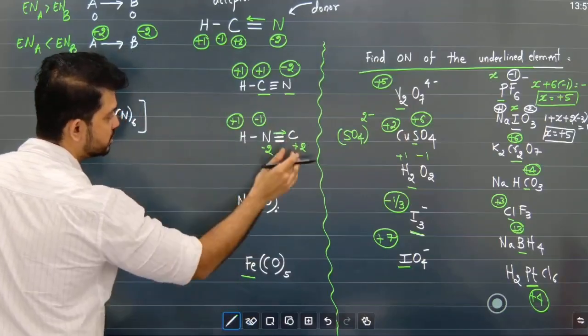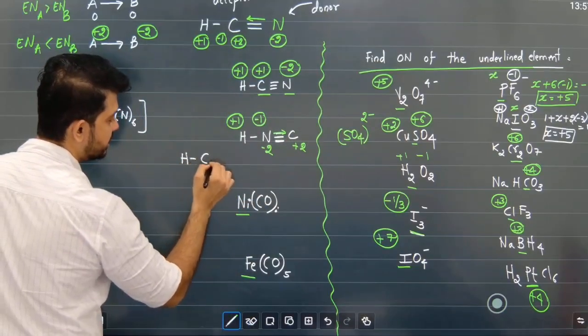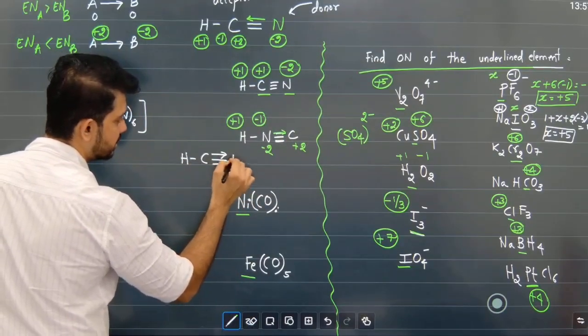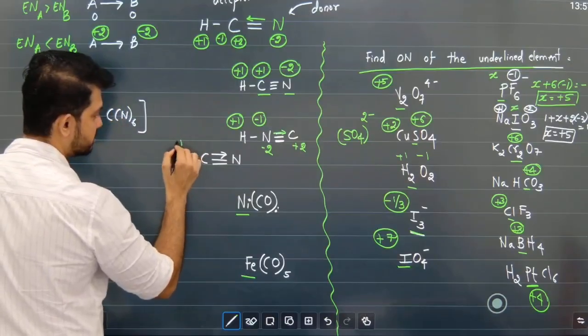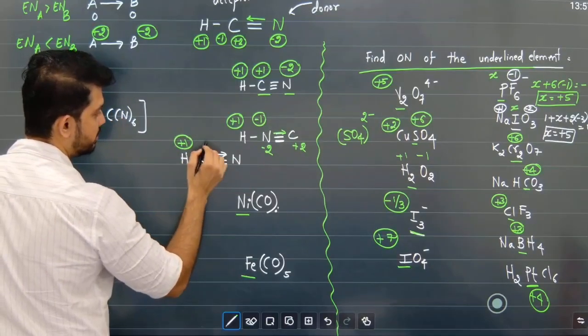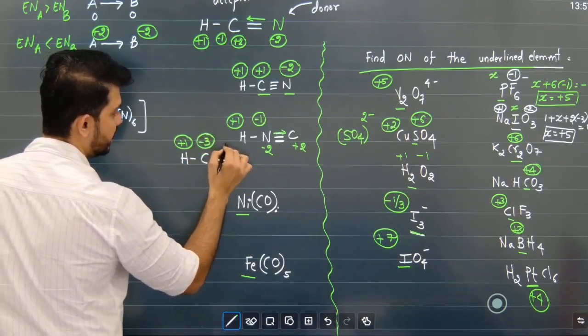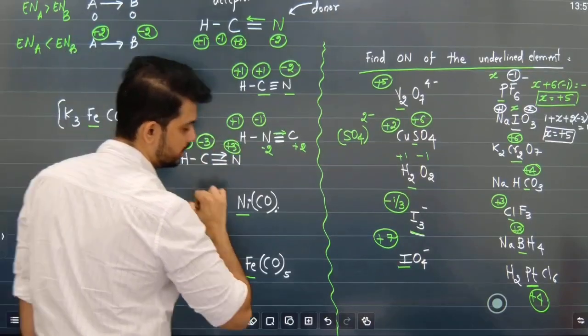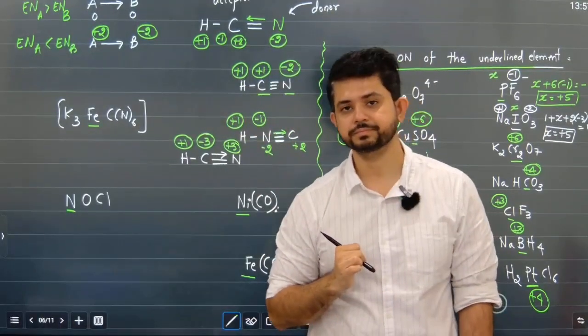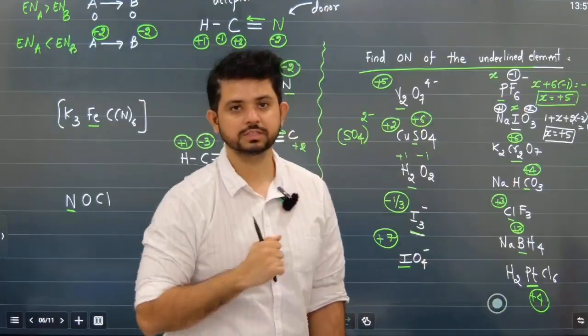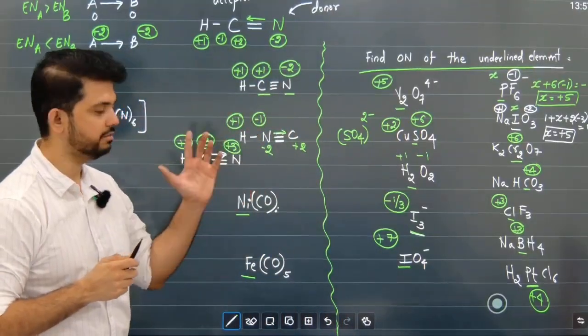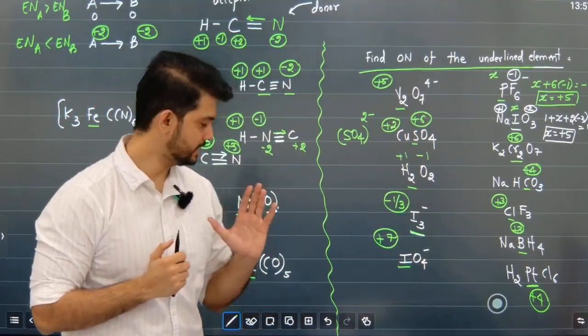तो अगर हम पूरा चार्ज निकालें in HNC, hydrogen is +1, carbon is -3 and nitrogen is +3. I hope students you have understood, and this is a very, very important concept. Next, we have